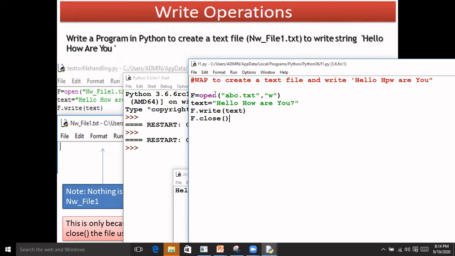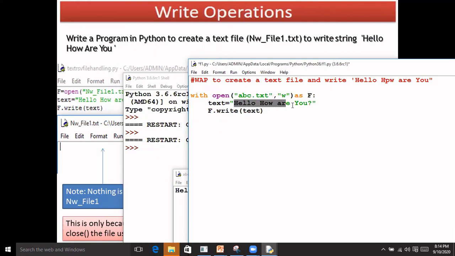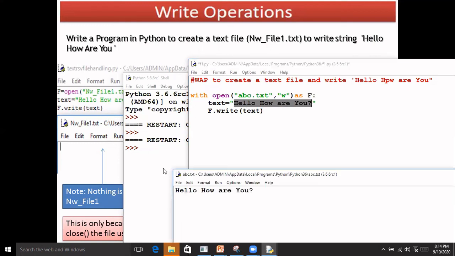Okay, let me explain the next way in which we can open the file. We have learned the with statement also. So let me use with open, and this is the file I'm opening, and let me write the file handle here. Now put the colon, and whatever you have to write, just write it over here. Let me change the content so that it is clear if we are writing some other content.